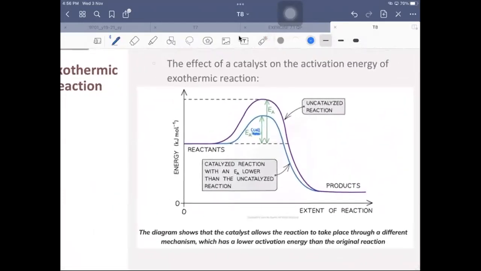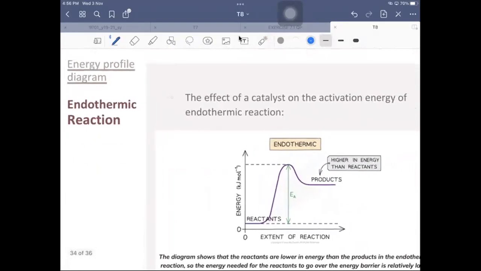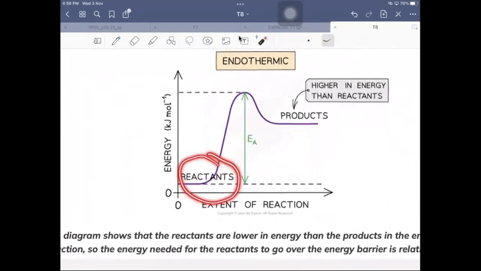So this diagram just shows the function of a catalyst already, right? What if we have an endothermic reaction? So endothermic reaction, the energy or the enthalpy of the reactants is lower than the energy of products. Okay, so same thing. The purple is my pathway diagram of an uncatalyzed reaction. Okay, so I'll just label that